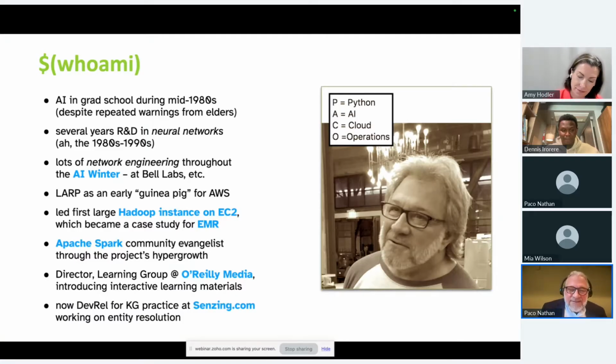And then I went off and did network engineering and ended up being a guinea pig for a little project called AWS. I got involved a lot with cloud computing early on, and with Spark, of course, I did a lot of work with the Apache Spark project when we were going through hypergrowth. On and on. These days, I'm in a company called Senzing, and I work in an area called entity resolution, looking a lot at knowledge graph construction.